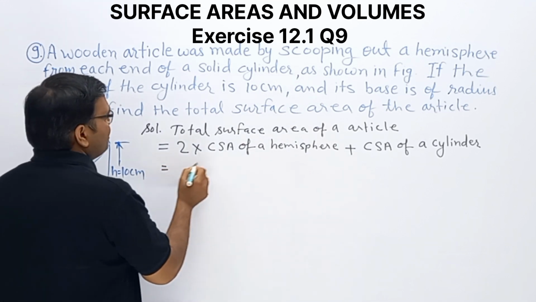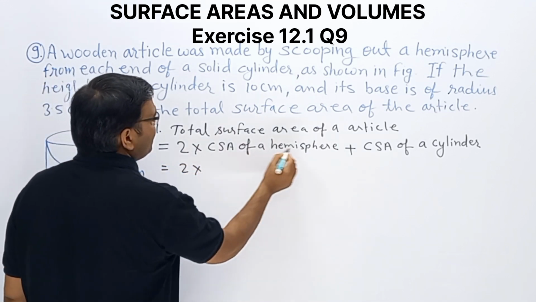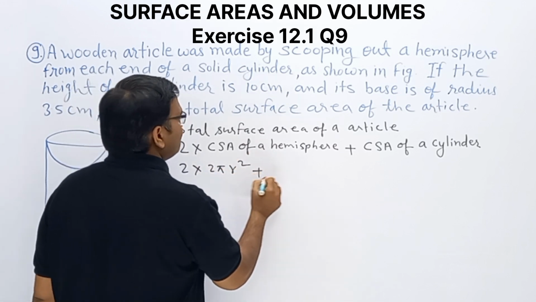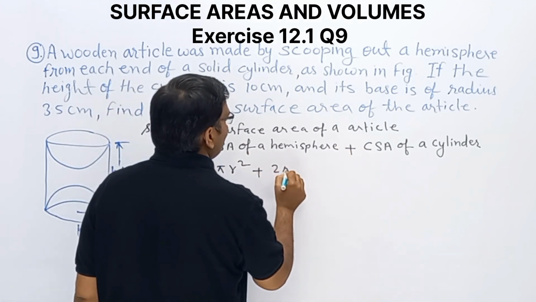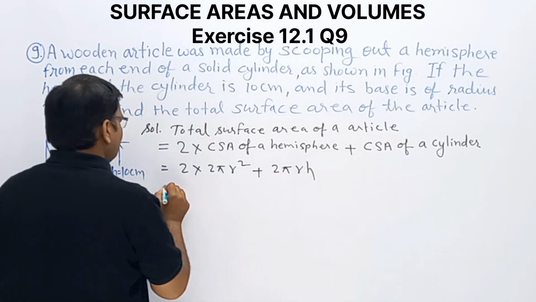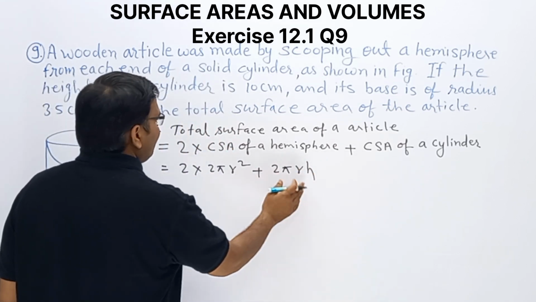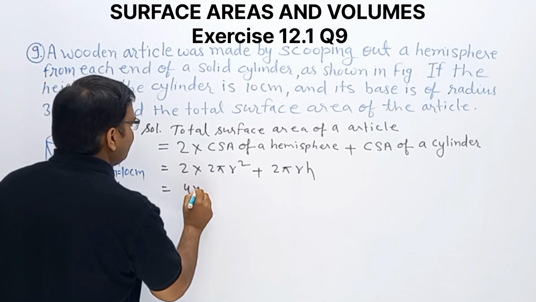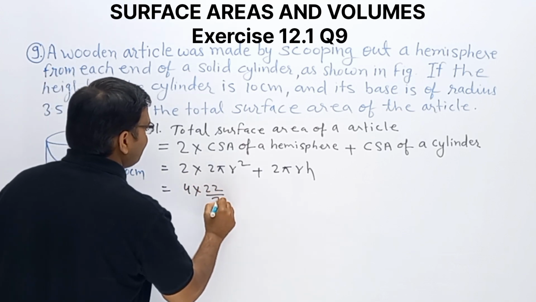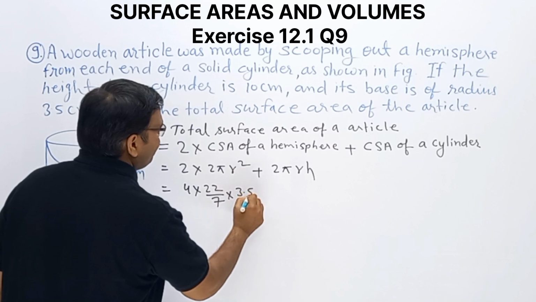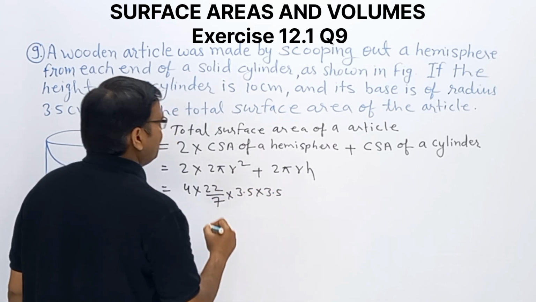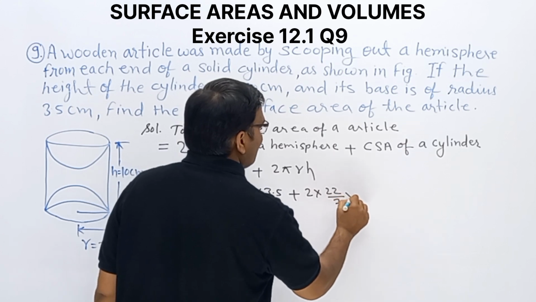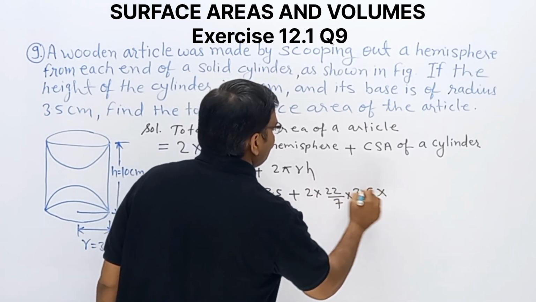Clear? So what about the formula? 2 into the curved surface area of a hemisphere, 2 pi r square, plus the curved surface area of a cylinder, which is 2 pi rh. Put the values of r and h, both of which we have in the question. 2 into 2 is 4, into pi, which is 22 by 7. r is 3.5 into 3.5, plus 2 into 22 by 7, r is 3.5,